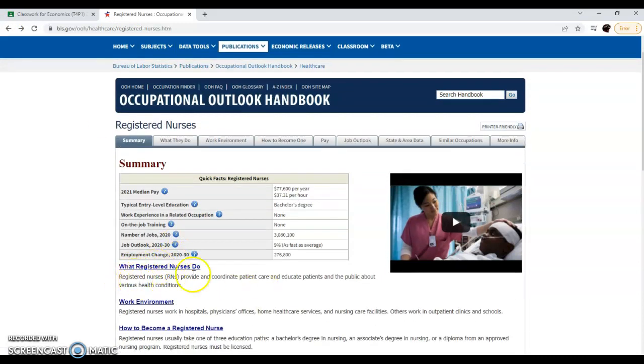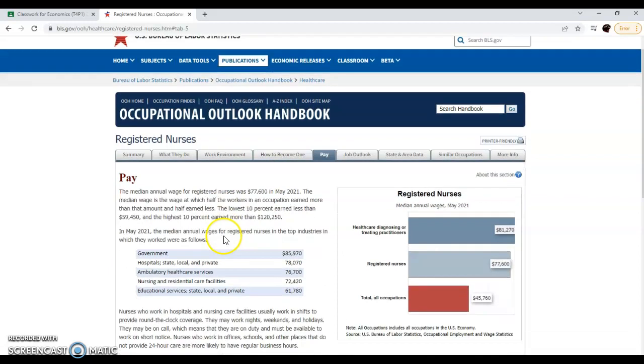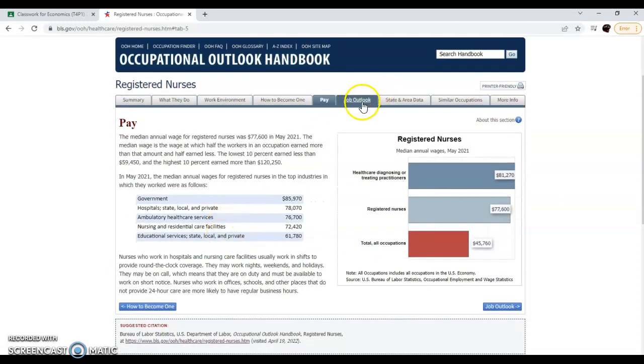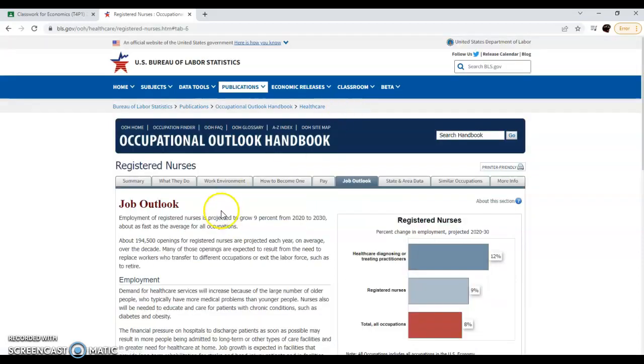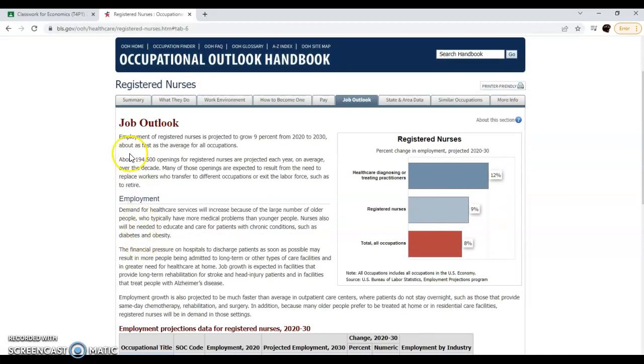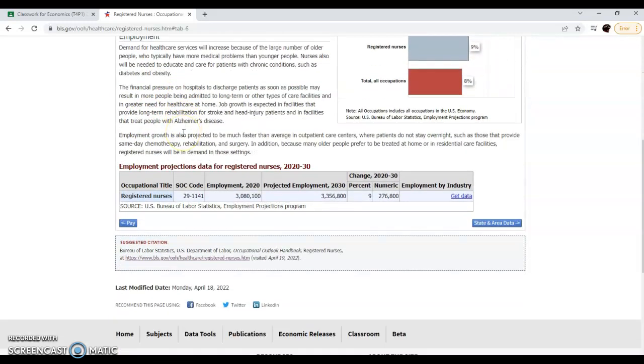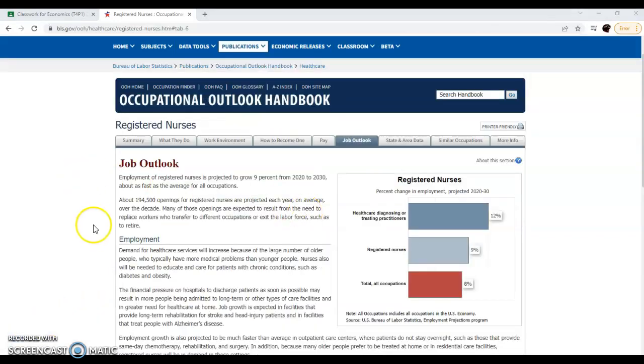that there's a tab that kind of summarizes it in a small sentence. So if you would like to see the pay, you will of course click on pay. And then if you just want to see how that career is projected, you would look under Job Outlook. All right. Look at the Job Outlook, you will see how this job is expected to do within a certain amount of